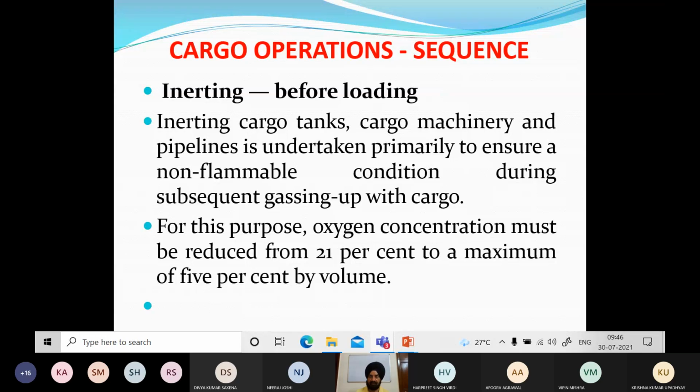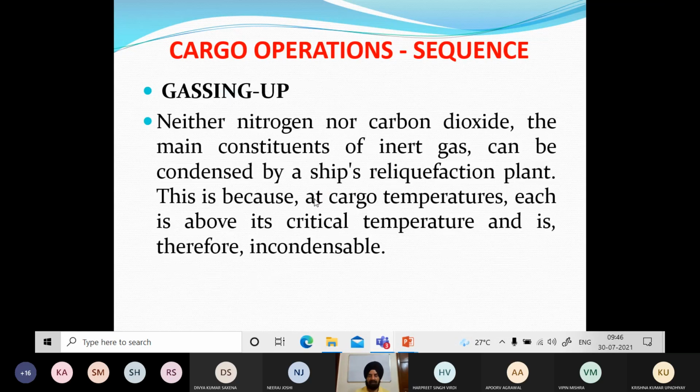अब आपने जब इसकी इनर्टिंग कर दी, अब आपके टैंक्स में ठीक है ऑक्सीजन तो आपने रिमूव कर दी। नाउ सेकेंड स्टेप कम्स इज द गैसिंग अप। व्हाट इज गैसिंग अप? अब आपके जो इनर्ट गैस है, जो आपने टैंक में इनर्ट गैस डाली है, उसमें नाइट्रोजन भी, कार्बन डाइऑक्साइड भी, दैट इज अ मेन कंस्टिट्यूएंट इनर्ट गैस में, isn't it? हमने देखा कंस्टिट्यूएंट्स ऑफ इनर्ट गैस मैक्सिमम इज नाइट्रोजन एंड देन कार्बन डाइऑक्साइड। अब ये जो दोनों गैसेस हैं, इनको आप कंडेंस नहीं कर सकते रीलिक्विफिकेशन प्लांट में, इनकी प्रॉपर्टीज अलग है, इनको लिक्विफाई नहीं किया जा सकता।